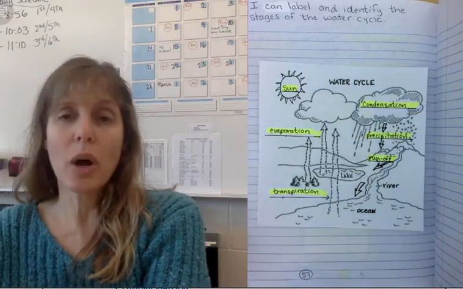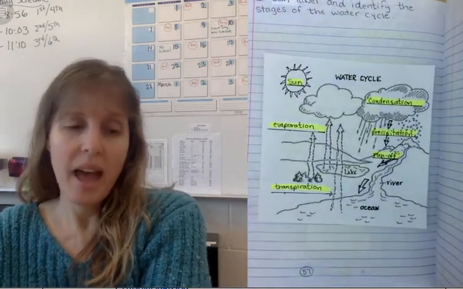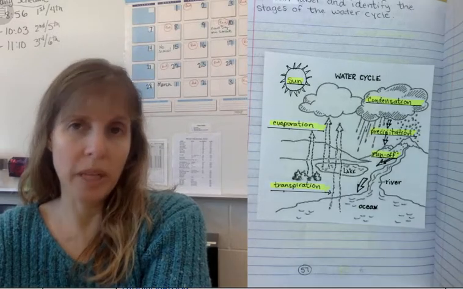All right, so today you're going to watch a video and then you are going to complete your notebook pages and then you're going to take a tutorial. The tutorial is actually pretty amazing. It will take you all the way through the water cycle. It will kind of quiz you as you go. You can use your notebook to help you. And then when you're done, type in your first name and click certificate. At the end, it will say certificate of completion. You'll want to take a screenshot of that and submit it at the end of the lesson today. All right, enjoy your water cycle.